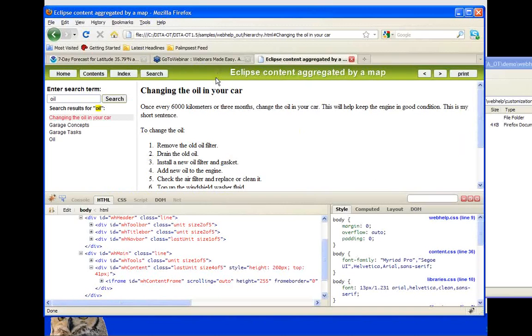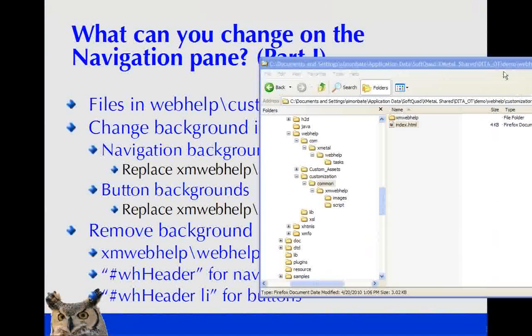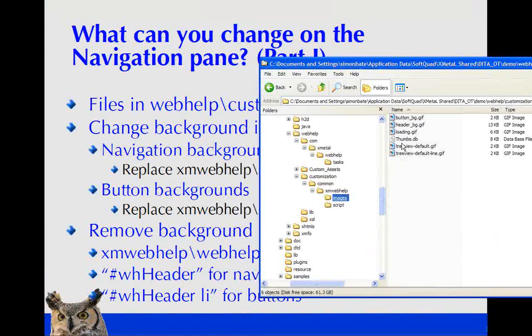We'll take a look at modifying this in just a minute. Now, if we wanted to modify the background images that are used in the title bar or in the navigation bar, we can actually swap those images out. So you notice here there's a nice gradation in this green from dark green to light green. So that's done by a